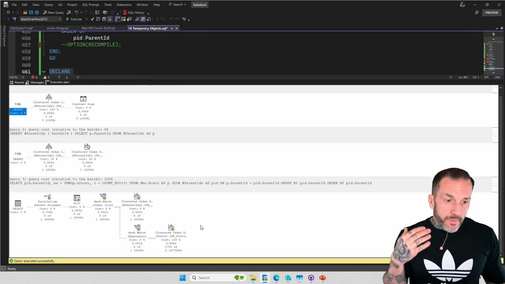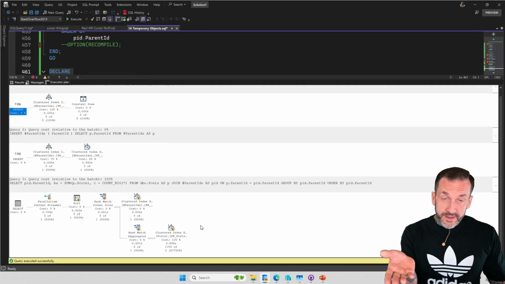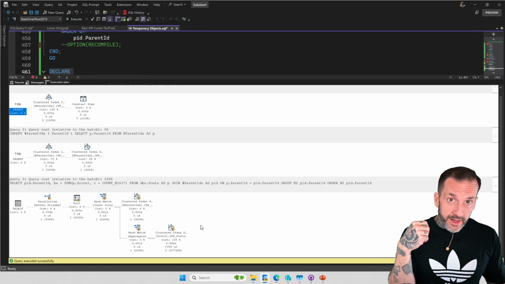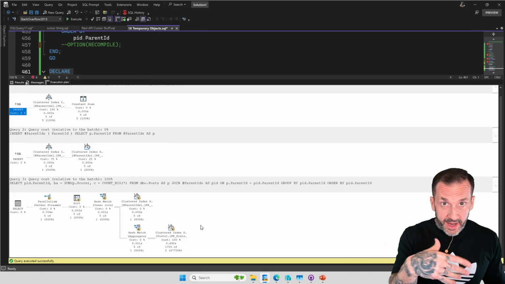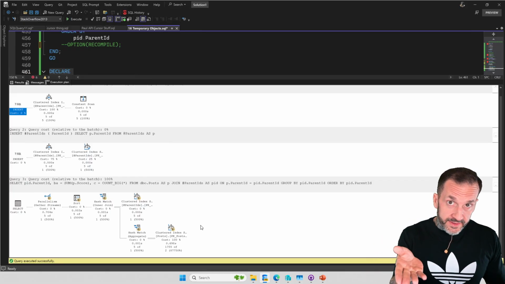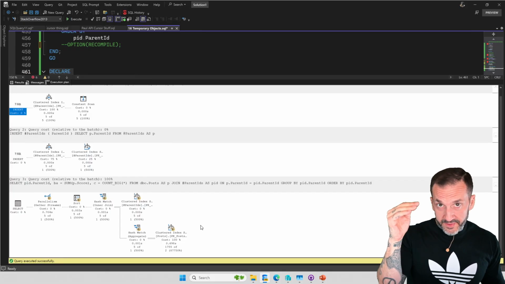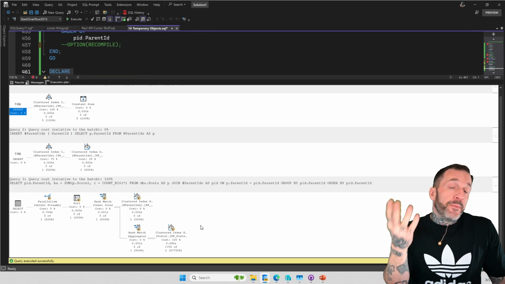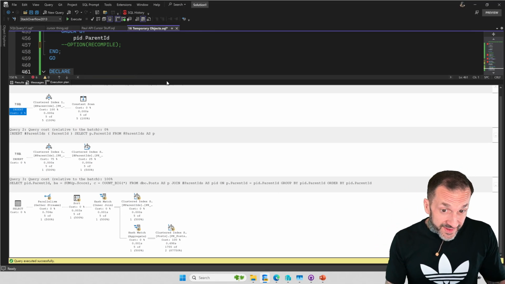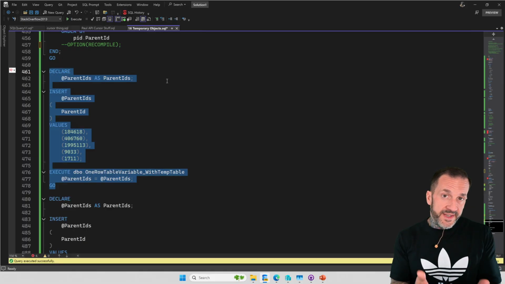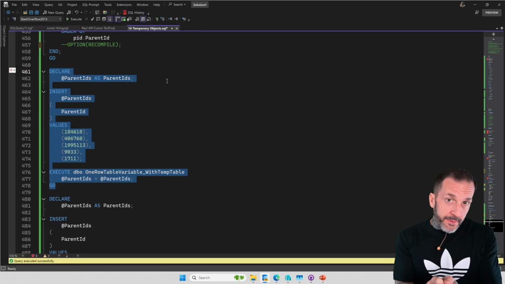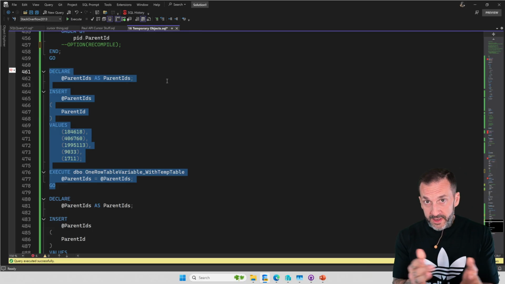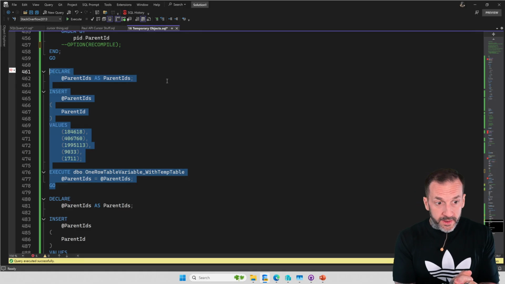So there are going to be cases, just like with parameter sensitivity, where you get a good plan that works fine for anyone. And there are going to be cases where you get a plan that does not work so fine depending on the distribution of data. The big difference is that with temp tables, there are at least things at your disposal that allow you to solve the problem. With table variables, there is absolutely nothing at your disposal to solve the problem aside from using